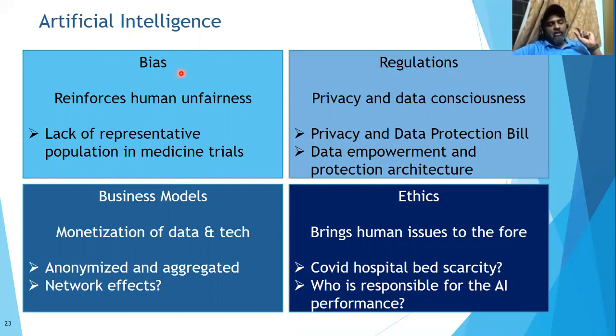Because the technology used in AI today is machine learning or deep learning, meaning not expert systems, we rather learn from data. If the data has unfairness of any kind, based on how we do our business today, how we make decisions today, that is essentially what the algorithm learns. As an example, in the field of medicine, medical trials, if a particular segment of the population is underrepresented or unrepresented, then that is what the computer's algorithm is going to learn. So it creates biases and one needs to be watchful for that.